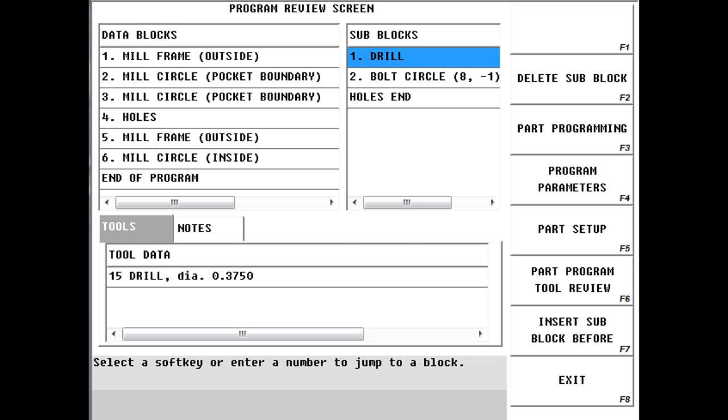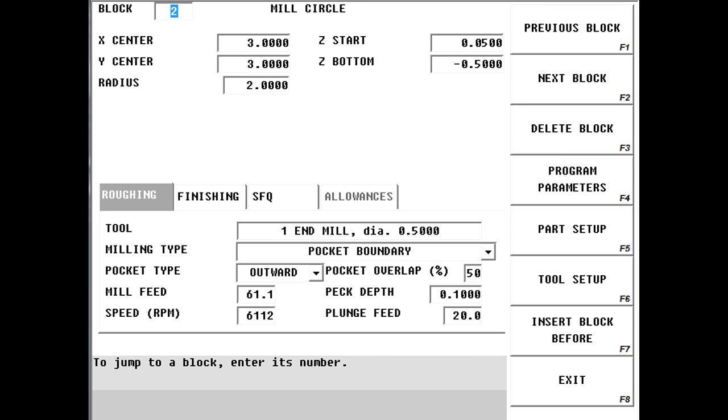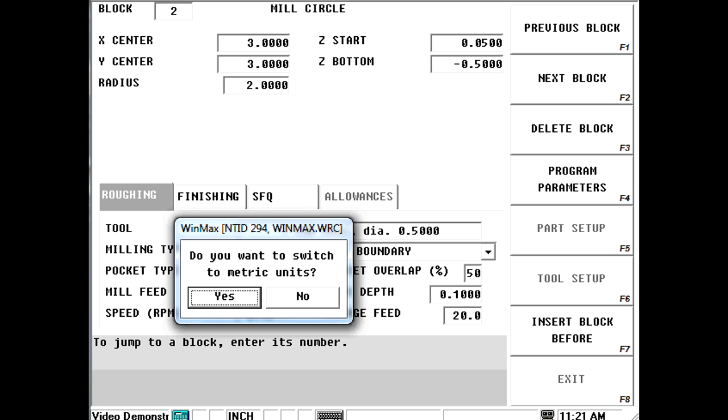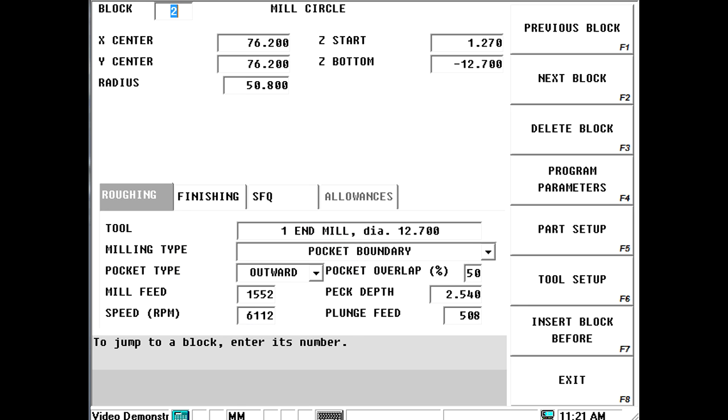One last thing that I would like to talk about, if I go here into any one of these blocks, we can easily change from metric to inch. The bottom of the screen, you can't see it here, I'm going to pull this up so you'll be able to see it. The bottom of your screen on the machine itself or on your desktop software, which is what I'm using here, we can simply touch the word inch in this case, and it's going to pop up a menu that says, do you want to switch to the metric units? Yes, I do. If I select yes, you'll notice that all of my